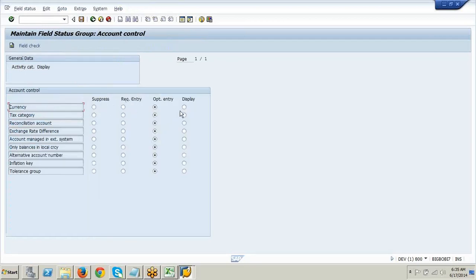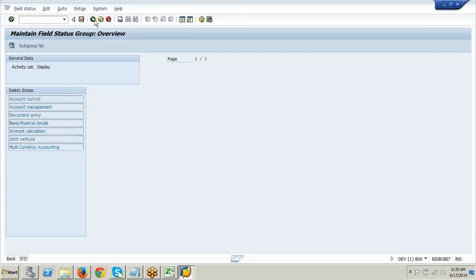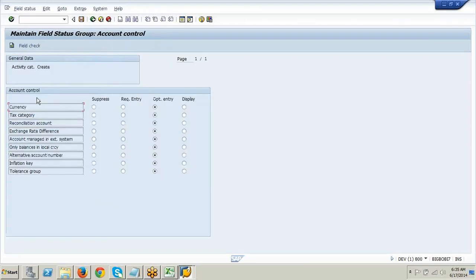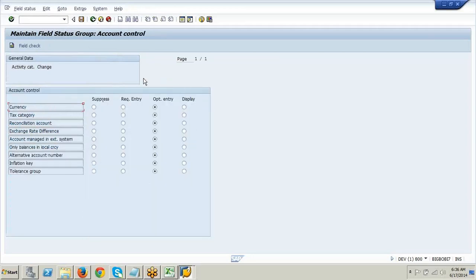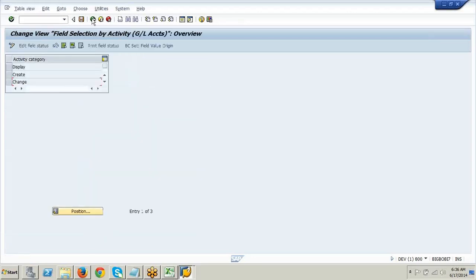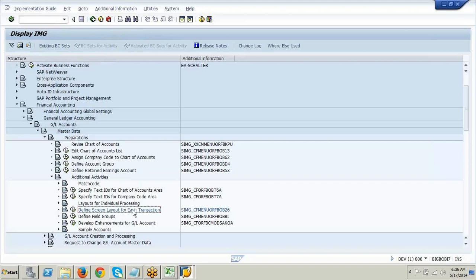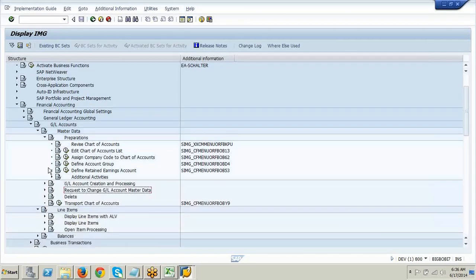anything. You want to keep it as a display only. Certain items required or suffice. Once you click on the display, create. Once he is creating, I don't want to give access to particular fields. You can do this. Change. Once he's changing, I don't want to give access to certain fields. Getting this, Jacob? This is just trying to control the fields, one at the transaction data level, another one at the master data level. 2 levels.